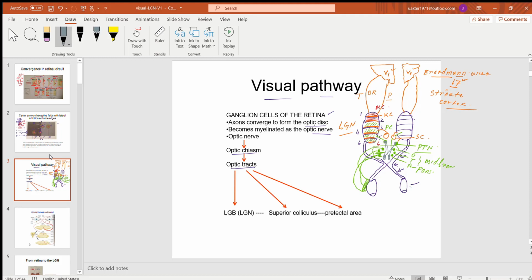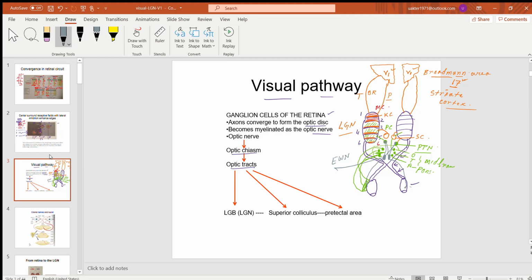So these are Edinger-Westphal nucleus. Parasympathetic centers. And from the Edinger-Westphal, the parasympathetic nerve fibers enter into the eyeball and innervate the ciliary body and